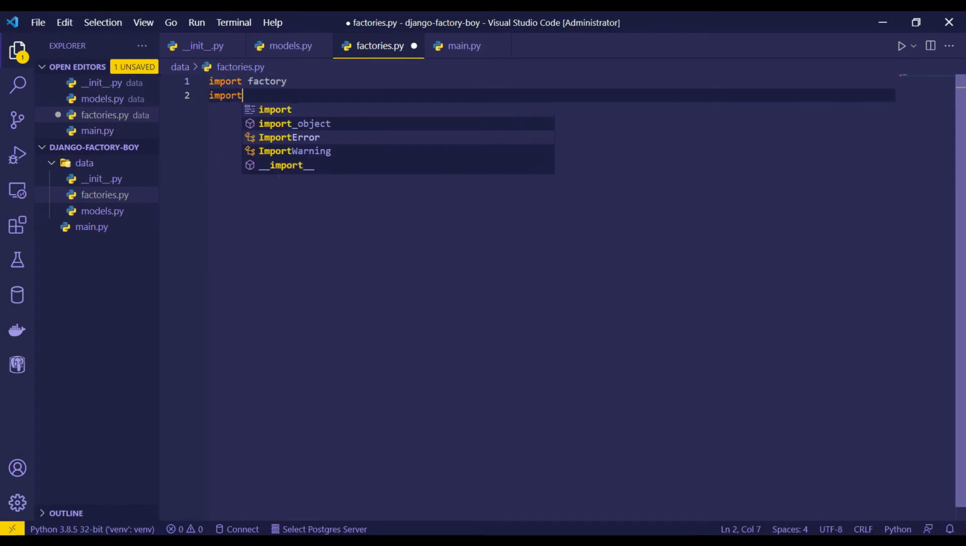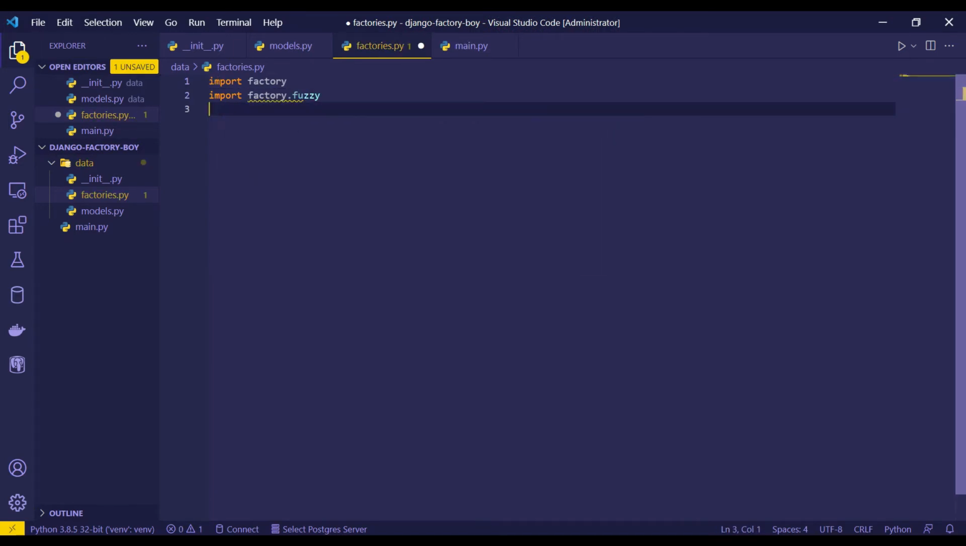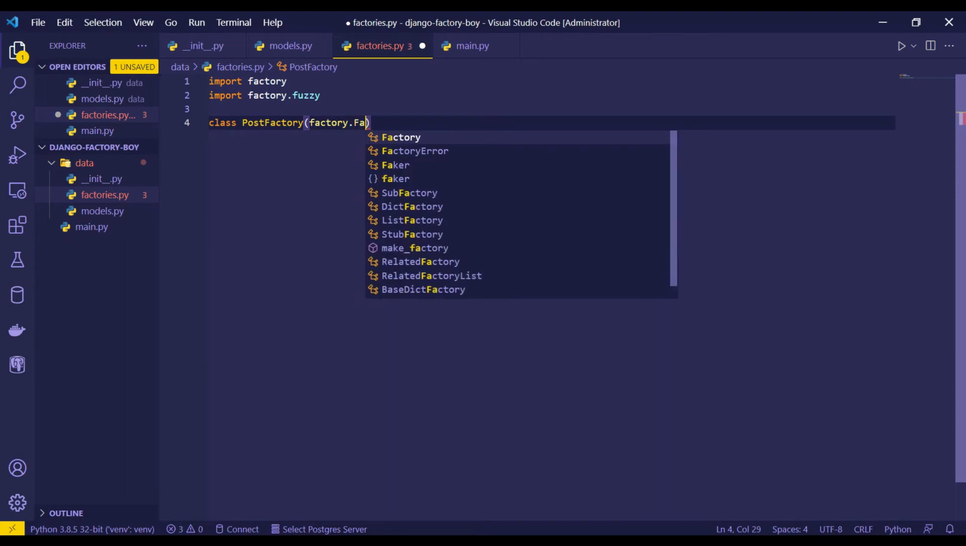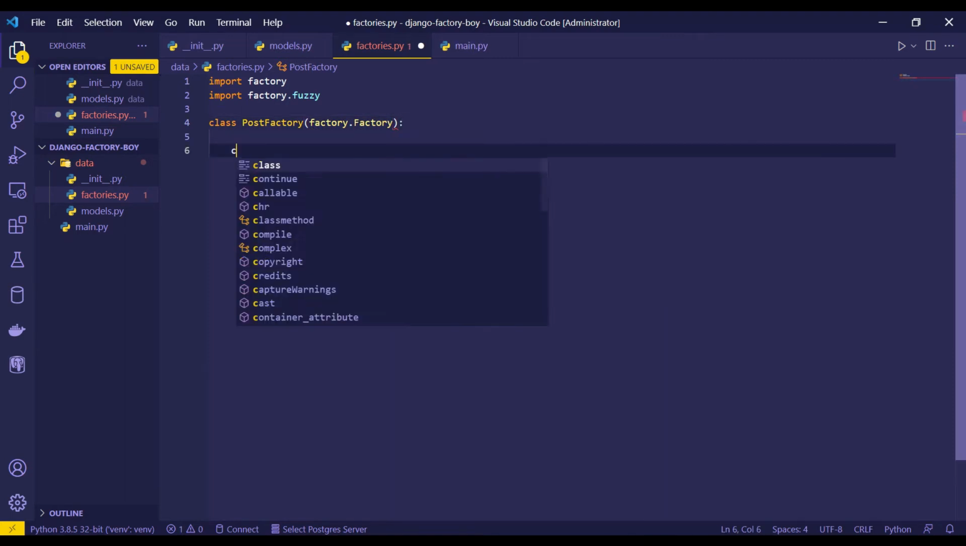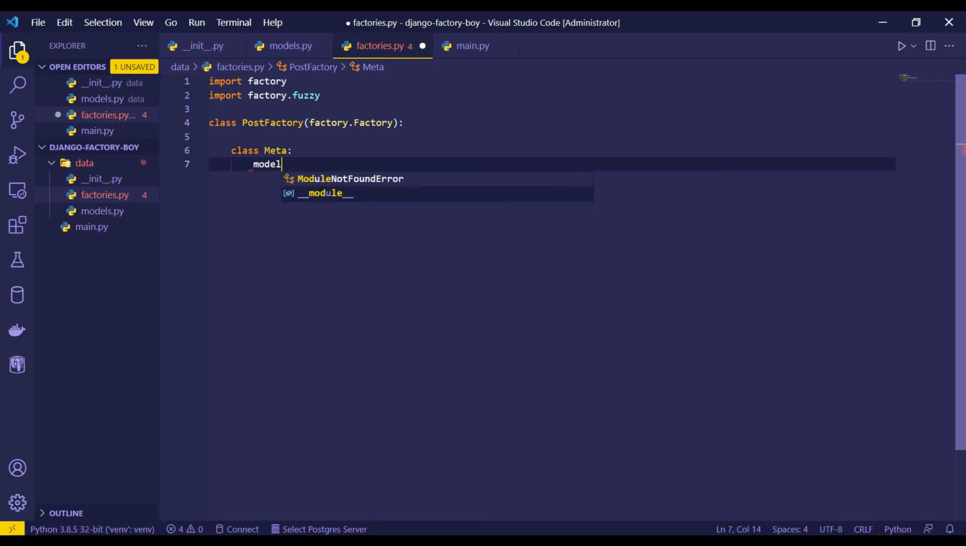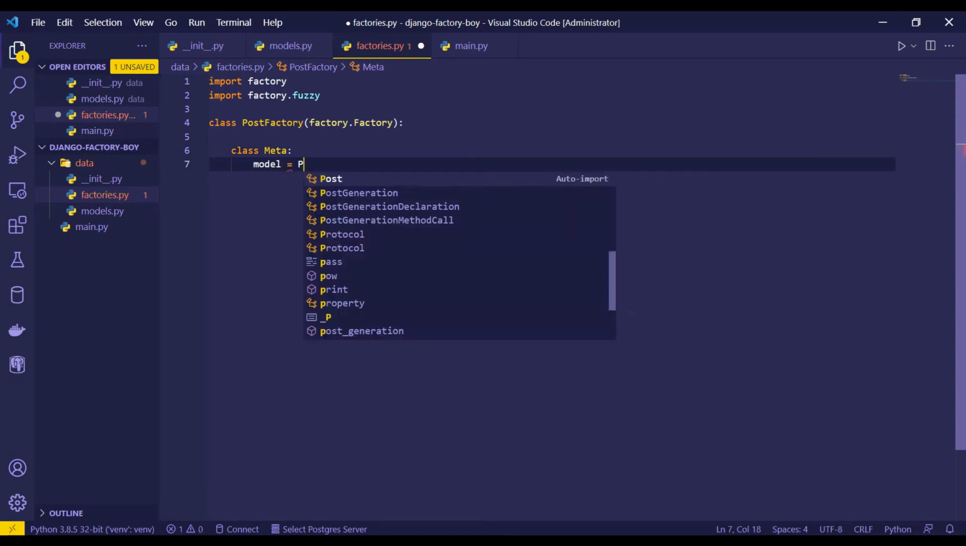So let's switch our workspace and import factory.fuzzy. After that, let's create our factory class. I'm going to call it PostFactory. It's going to be inherited from factory.Factory. After that, let's define the Meta class. The model is going to be Post,